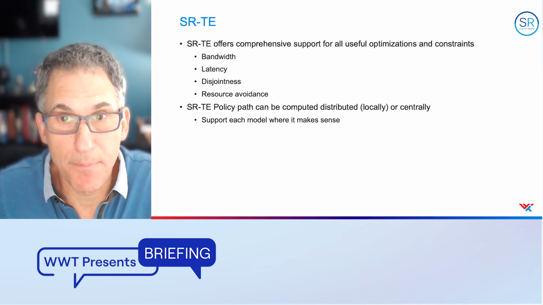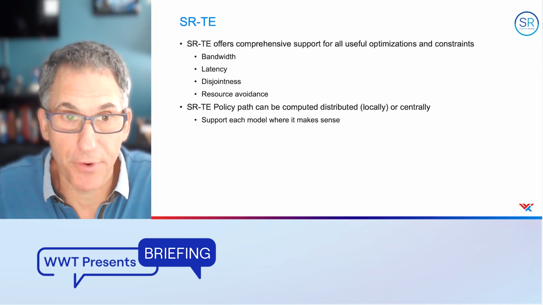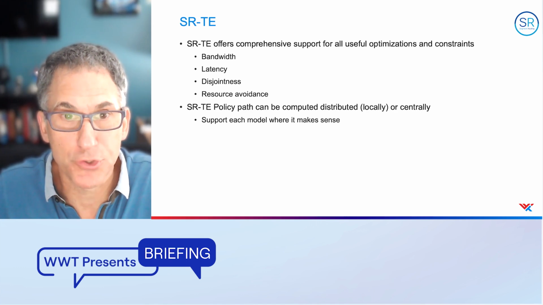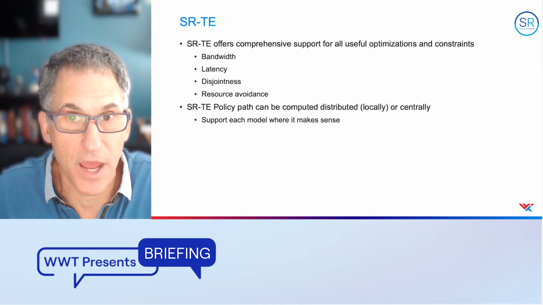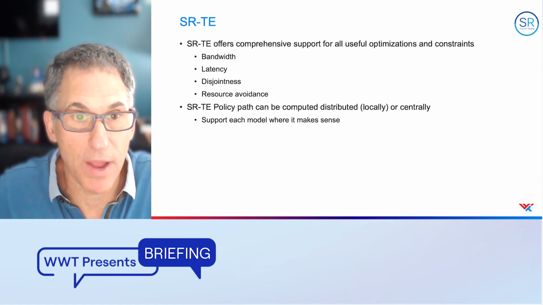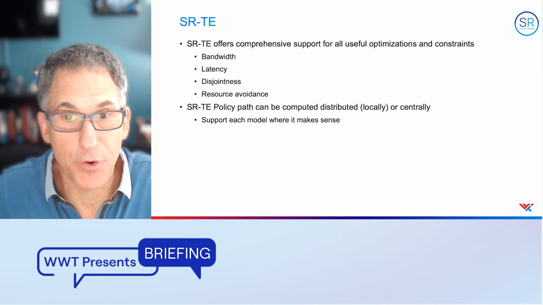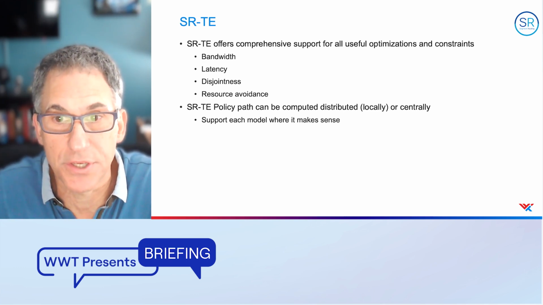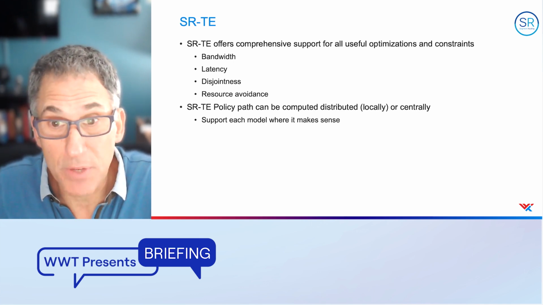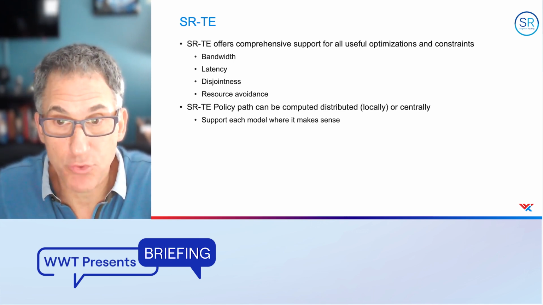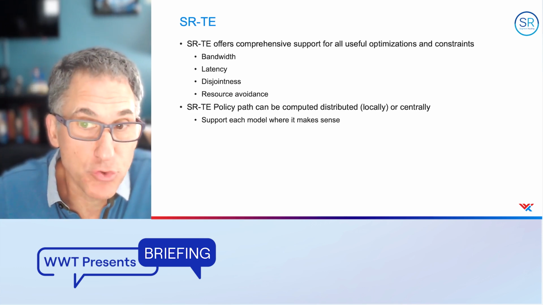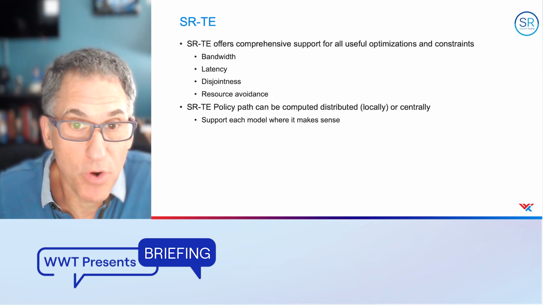So we're no longer routing just upon the bandwidth of the network. We can measure the delay in real time with something called performance monitoring. We can propagate those values with ISIS and OSPF, and they become values associated with the link, just like the cost of the link in ISIS and OSPF. And we can do delay-based routing. Or we can avoid certain links, because we can mark links that are not desirable to use, and we'll avoid those links. So again, you can see the power of traffic engineering in SR-TE. And this can be computed locally by each router, which is a distributed model, or centrally by a bandwidth manager or traffic engineering controller. And we have support for each model wherever it makes sense.